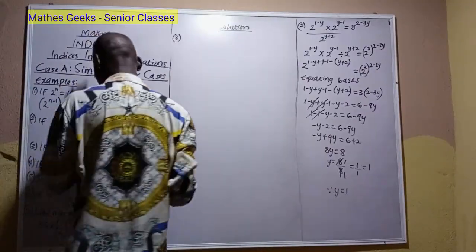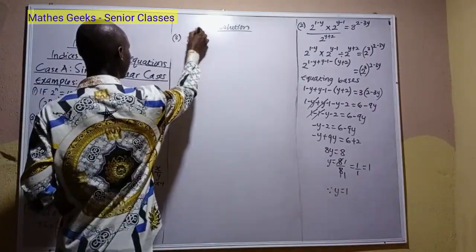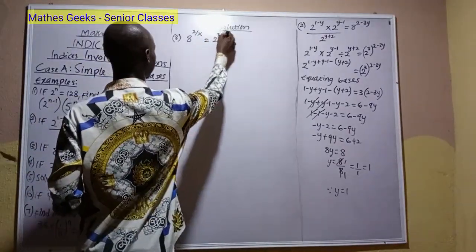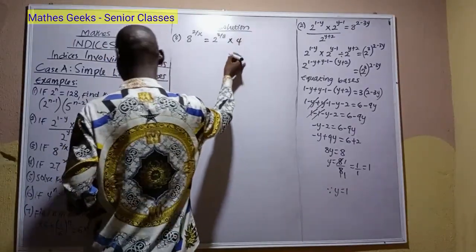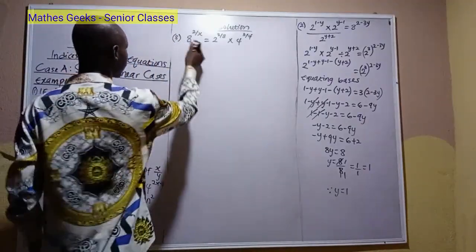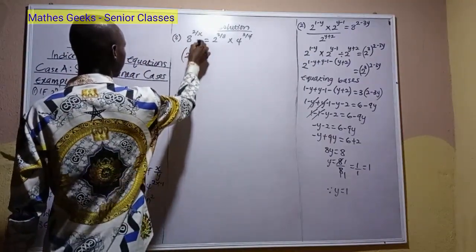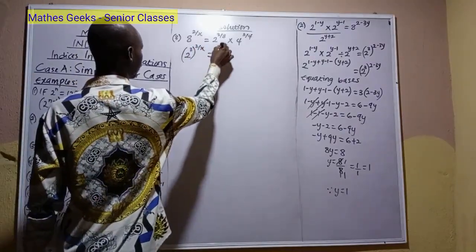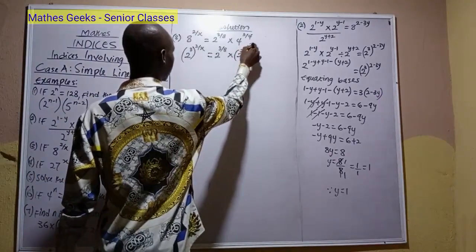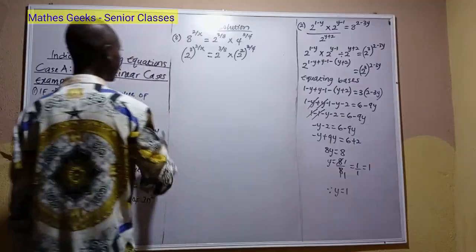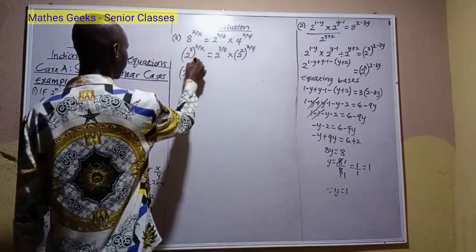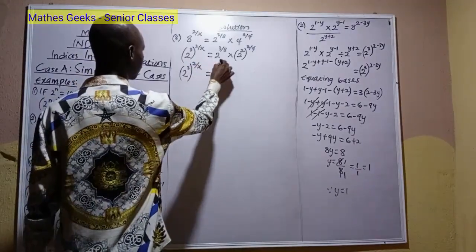Number 3. 8 raised to 2 over x is equal to 2 raised to 3 over 8 times 4 raised to 3 over 4. Find x. 8 is 2 raised to the power 3 plus 2 over x. 2 raised to 3 over 8 times 4 is 2 raised to the power 2 over 4. So this will give us 2 raised to 3 times 2 over x equal to 2 raised to 3 over 8